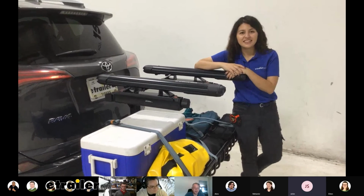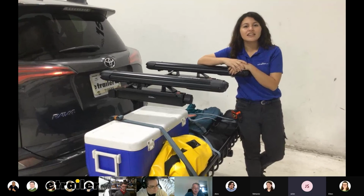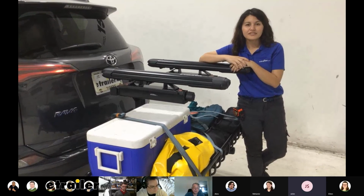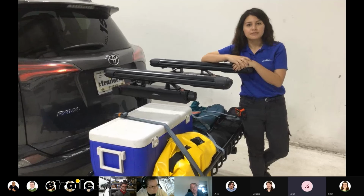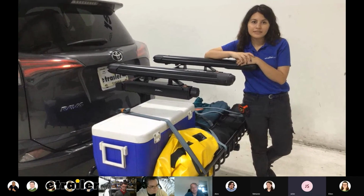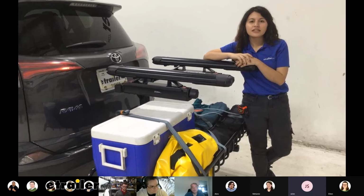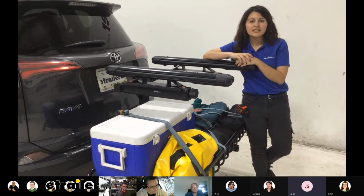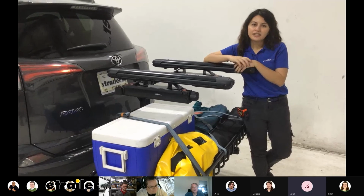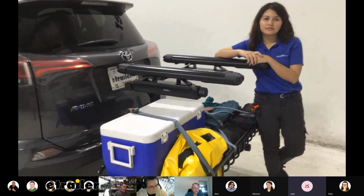Yeah, totally. That's what I was wondering. So after you guys have been able to think about it a little bit more, or reflect on how it compares to other swing away bike racks, I think if anybody were to stumble upon it in that bike rack category, it's good to know that yeah, you can buy this just as a bike rack, but there are better options if that's all you want. And this is really more for...